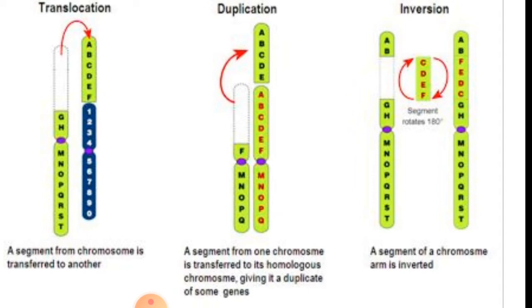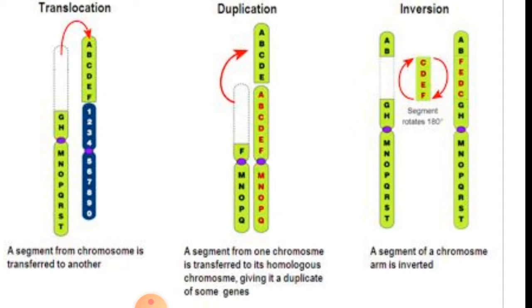In the diagram you can see A, B, C, D, E genes are there, which are being cut from one of the homologue and transferred to the next one, and again the same genes of this chromosome are repeated: A, B, C, D, E, F. In the first part of this sister chromatid, only F is left, whereas the rest are shifted. So one is reduced in size and the other is increased in its size. Now this duplication may be in tandem sequence or it can be in the reverse order. So it occurs in two ways.